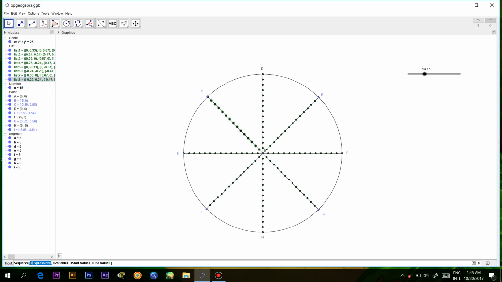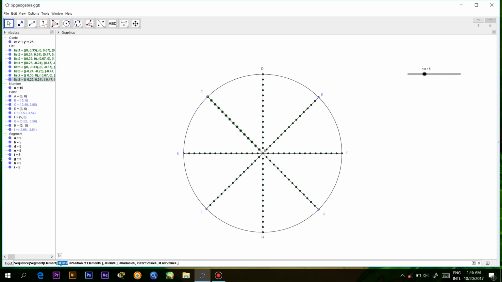Then type sequence. Again, choose the second one here. And for our expression, since we are going to use segment DA and segment EA, we are going to just type segment and then choose the first one here, click. And then for our point, since we are going to connect the elements of segment DA and the elements of segment EA, we're going to type element